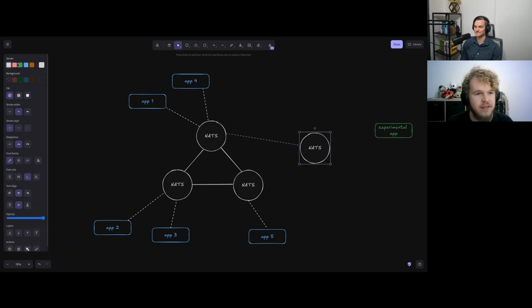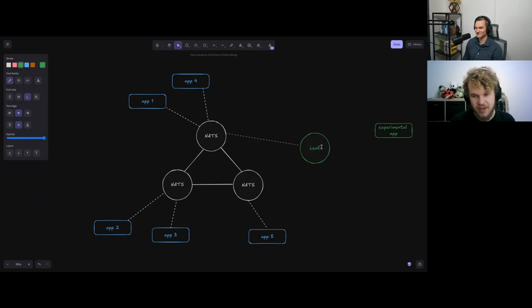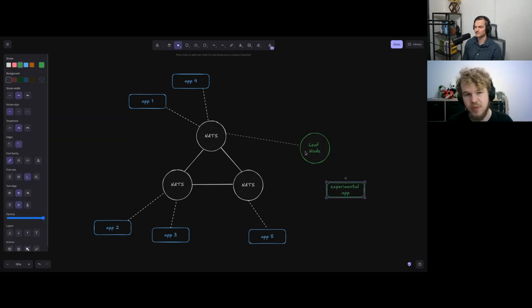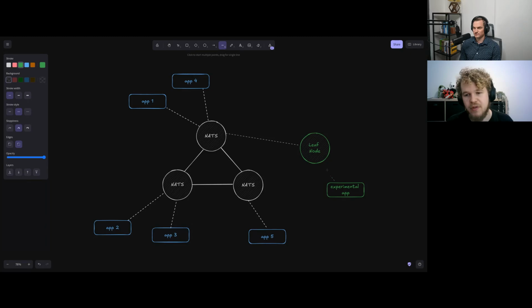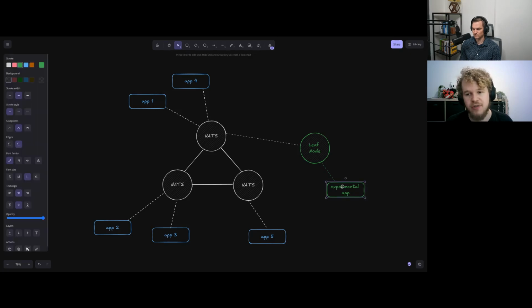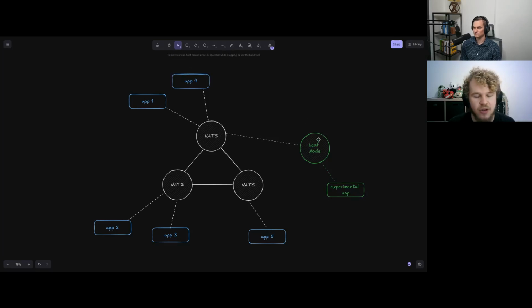So say I have a leaf node, and similar to your locally running NATS, from the perspective of your application, it's pretty much the same-ish. The only difference being that you can now actually get the traffic from the cluster. So if you're dependent on a certain app generating events which you trigger on and then create different kinds of events, you can actually listen to that traffic, and that's already done by default.